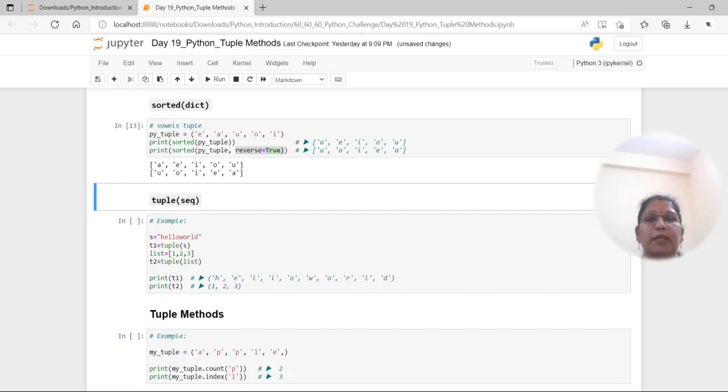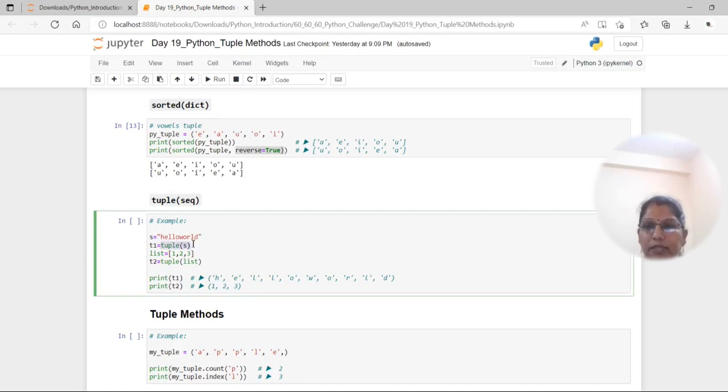Next coming the tuple sequence. See, the tuple method converts a list of items into tuples. So see here, dear friends, if I make s is equal to hello world, and I want to convert the sequence of this item s into a tuple, I can just directly provide tuple of s. And see here, after execution, this hello world would become a separate element of this